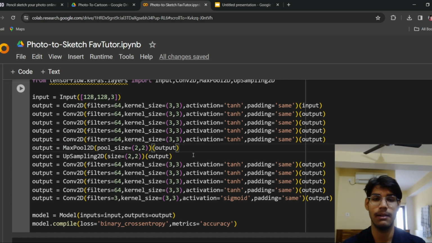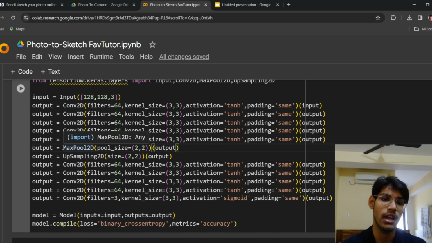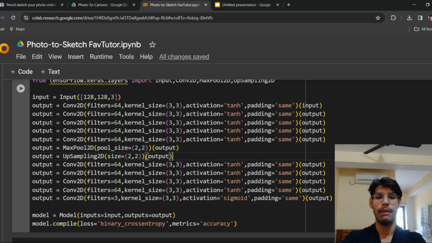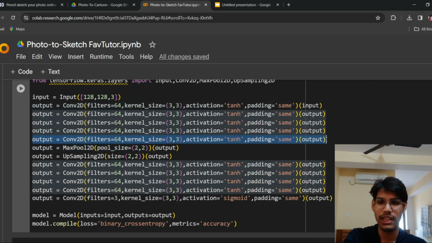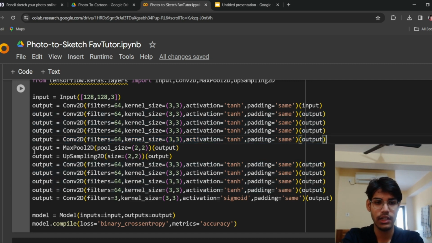After my max pooling layer compresses my processed image, I will use the UpSampling2D layer to again increase the dimension. As of now, since all my padding was same, till this layer's output, everything was 128 by 128. Nothing was compressed, right? But after this layer, it gets compressed down to 64 by 64. Why is it 64 by 64? Because my